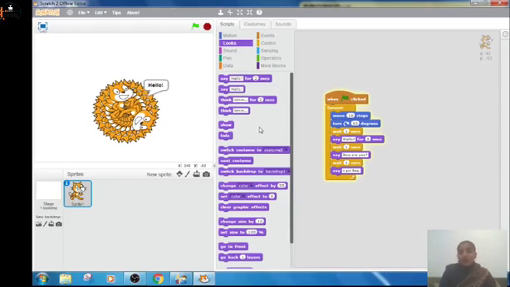How you can make your sprite say something. This is the way to make your sprite say something, and it is repeating all these actions continuously. Why? Because we have used the forever block, so it is doing the actions again and again. ठीक है, when I press the stop button, it will stop. These are all the different functions of each block.